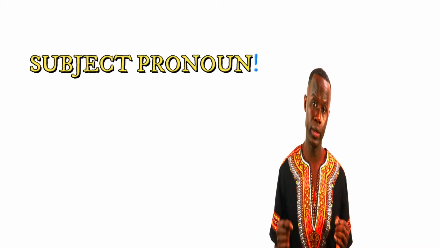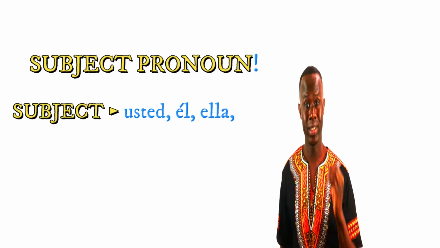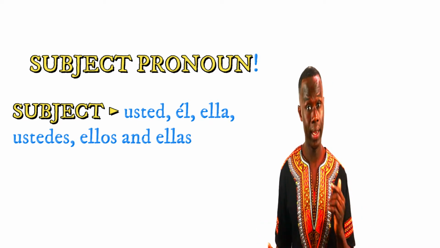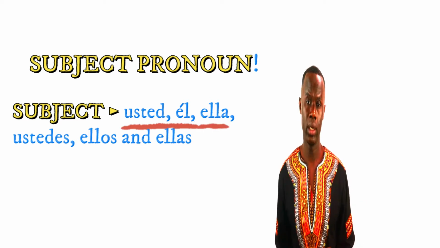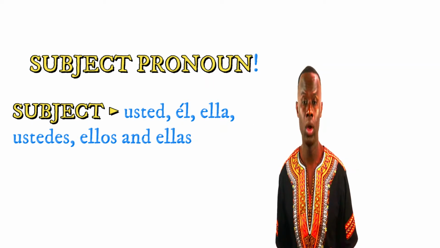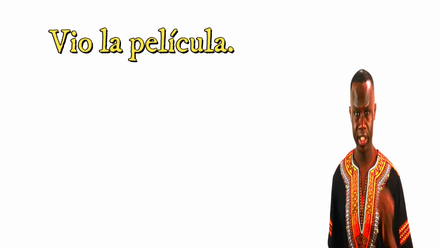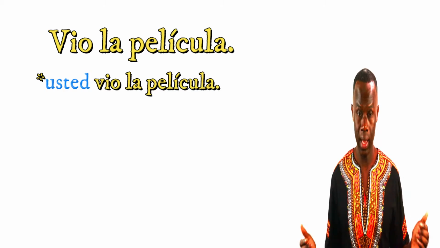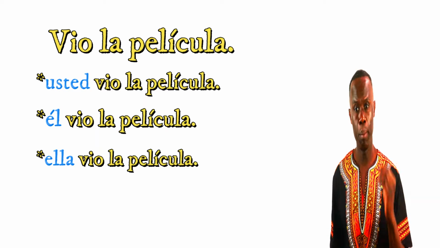Now, there are some situations when we have to include the subject to avoid confusion. And most of the time is when the subject is usted, él, ella, and also ustedes, ellos, and ellas. Because usted, él, ella have the same verb ending, and also ustedes, ellos, ellas also have the same verb ending. For example, vio la película, which can mean usted vio la película, él vio la película, or ella vio la